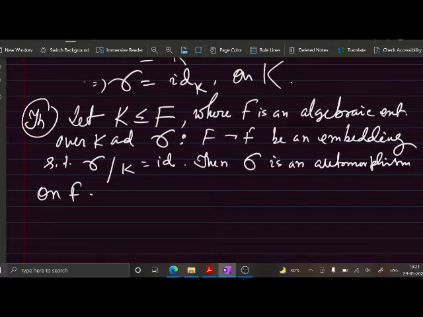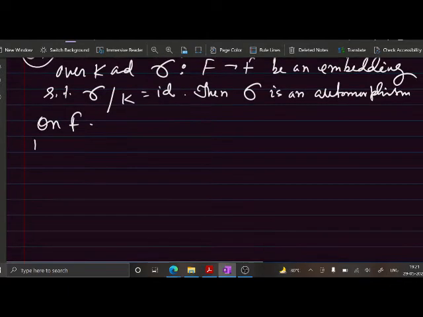তার মানে কি যে সিগমাটা যদি তোমার K থেকে F এর দিকে একটা এমবেডিং হয়, so you can extend that embedding to an automorphism of F, তাই না? এইভাবে ভাবতে পারো।